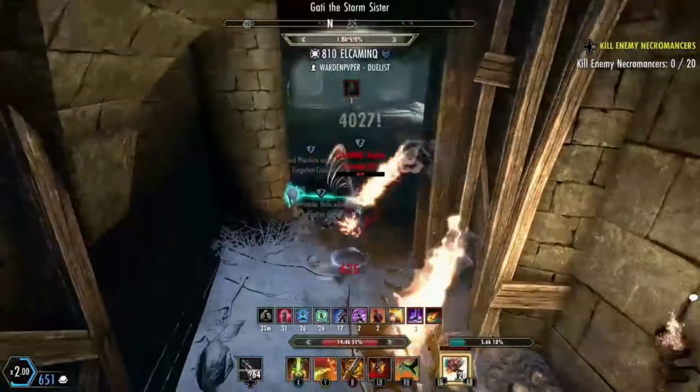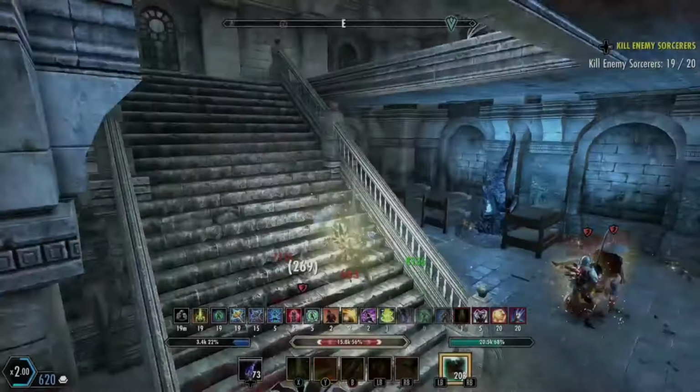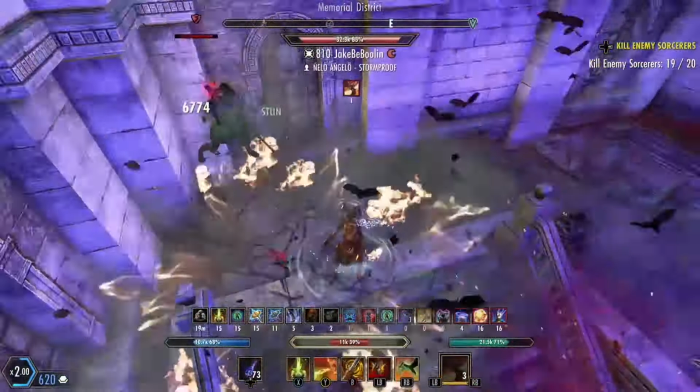1, 2, and 3, here comes the leap, boom, it's over for him. And yeah, easy fight. So now we're jumping into the last fight here, and we are above ground, getting attacked